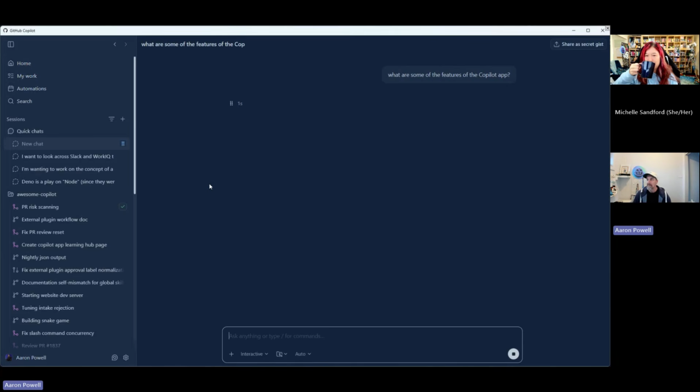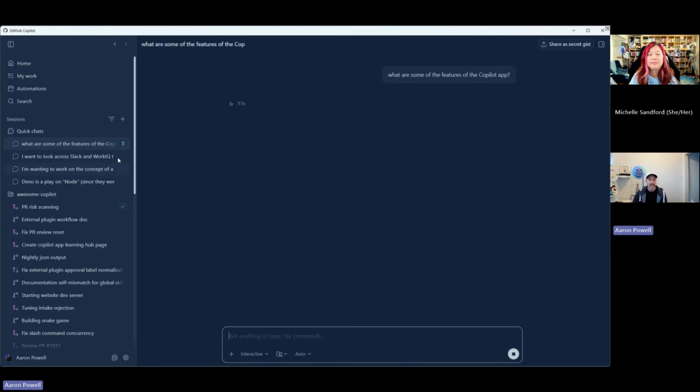So we'll ask it something fairly open-ended and generic, but because this is not scoped to a project, it doesn't have all that additional context available to it. So it's going to go out there and work with the MCP servers, work with other tooling that it might have access to. So it's going to go ahead and do its little thing.